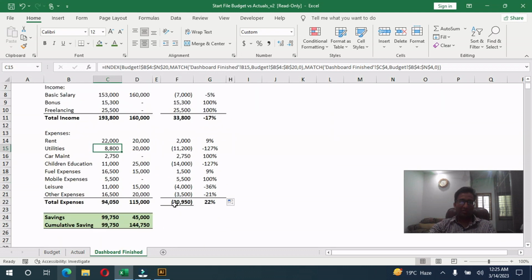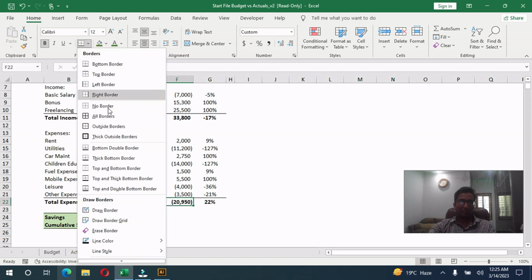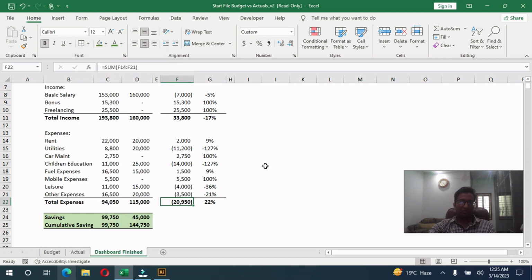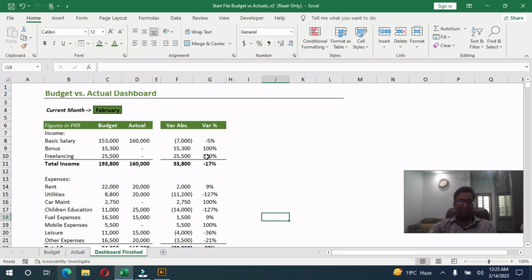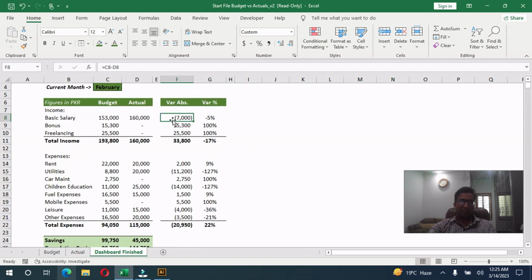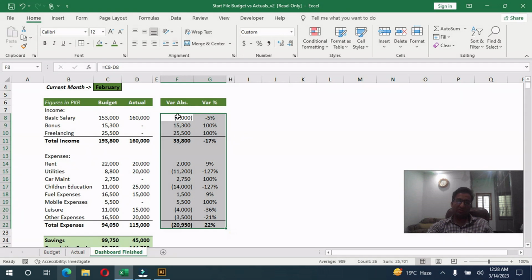Now make another change, so that will be apply the conditional formatting so that the minus figures color shows red and the positive figures show color green. So now we will highlight the values that are below 0 in red and the values greater than 0